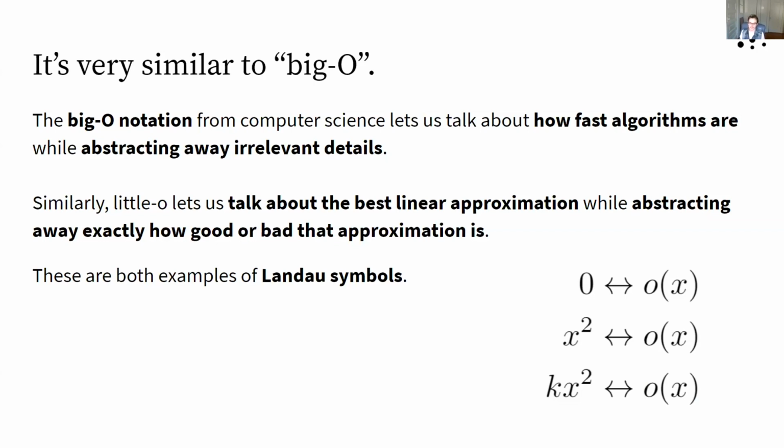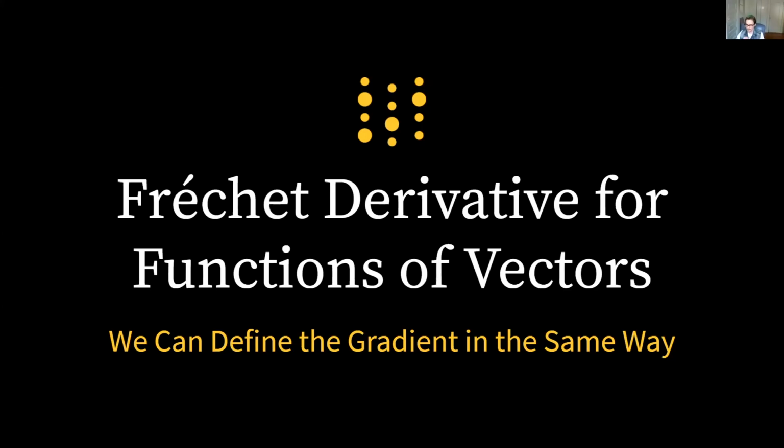I can say that this thing is best without knowing how much better it is than other choices, or how much worse it is than the best possible choice. So if you want to read more about these, the sort of general term for all these ways of turning limits into these simpler expressions, they're called Landau symbols. So I would definitely check that out. There's lots of good tutorial material online about them.